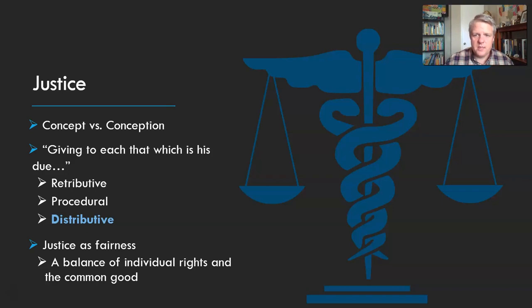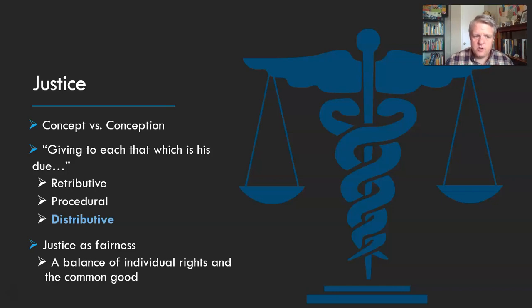We need to build the meat onto the skeleton of an idea. And there's a lot of controversy over exactly how to put the meat on this skeleton, over exactly what we mean by justice. I'm not going to go into that in detail today, but I want to sketch a very broad understanding of it. One way in which we might begin thinking about justice is to think about it in Aristotelian terms.